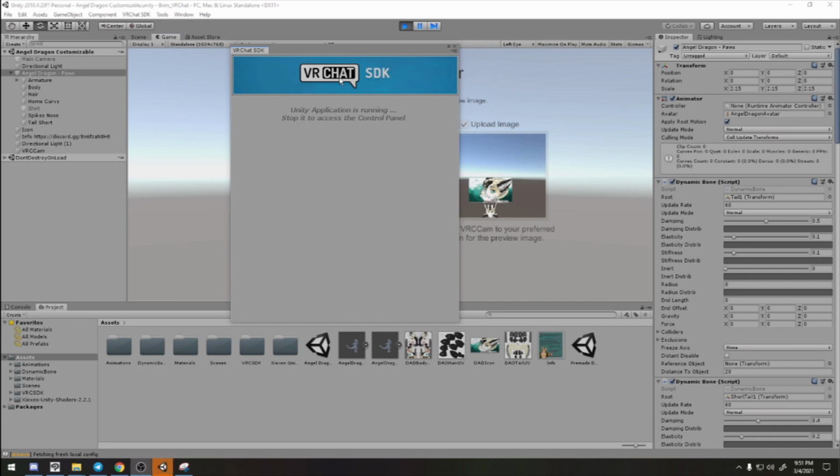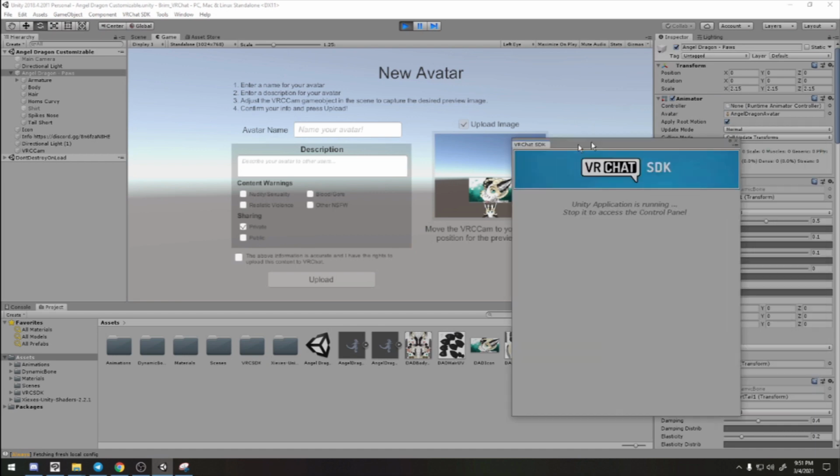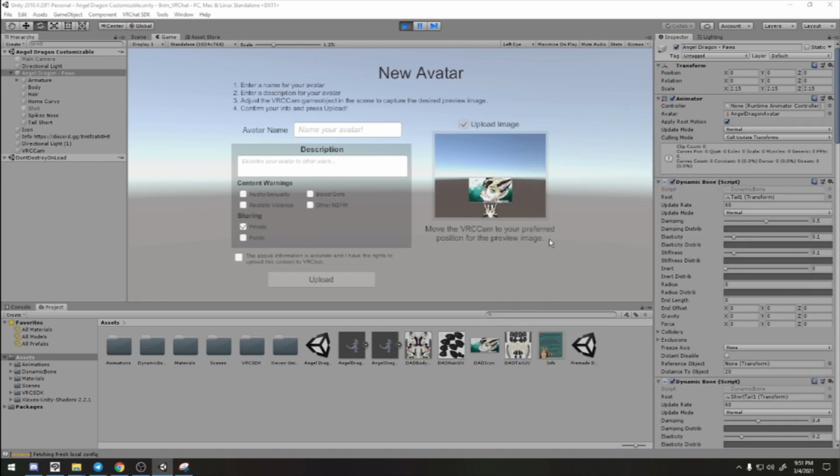All right. So we can put this over somewhere, hide this, doesn't matter. All right, so I'll name the avatar Brim. You don't need to put anything else, just that you agree. You can use this default image, or if you want it to be the icon, you basically go to